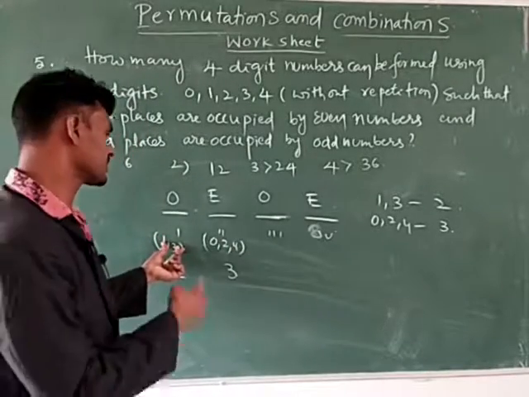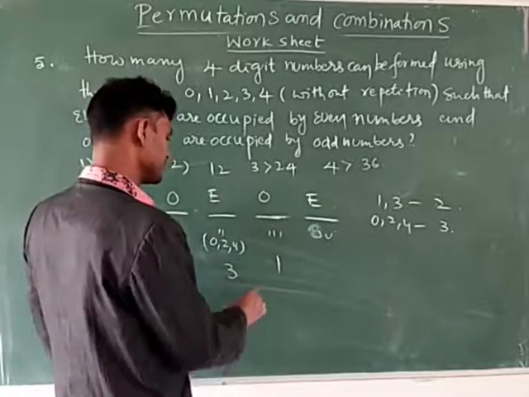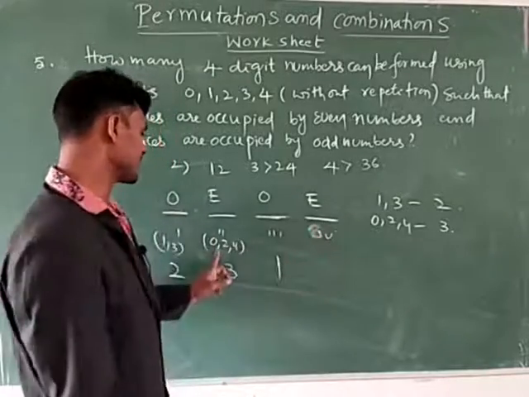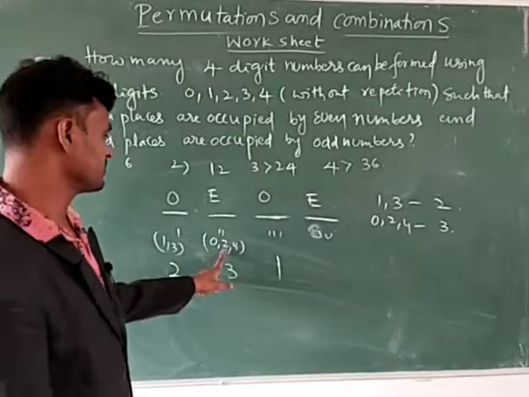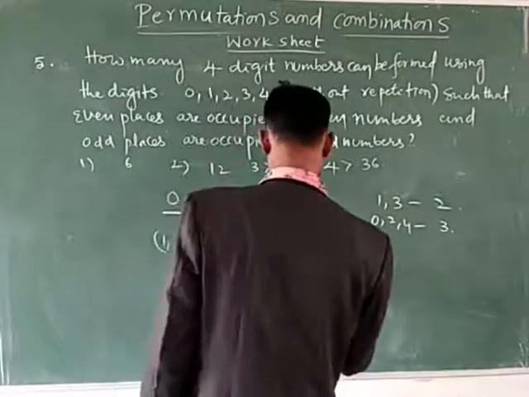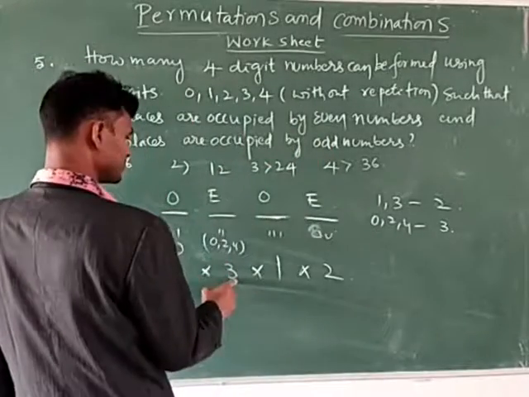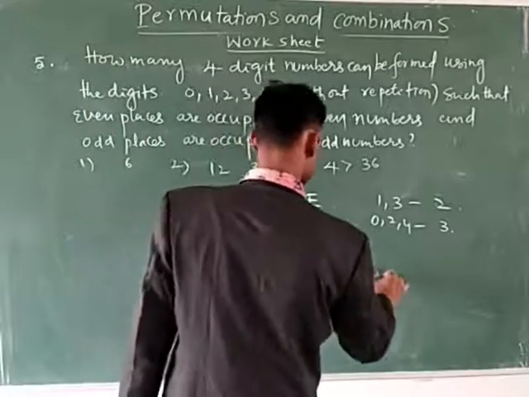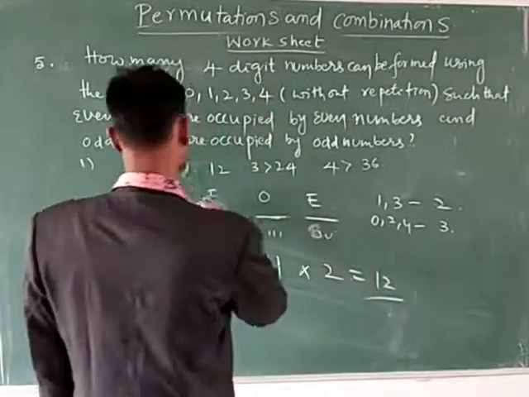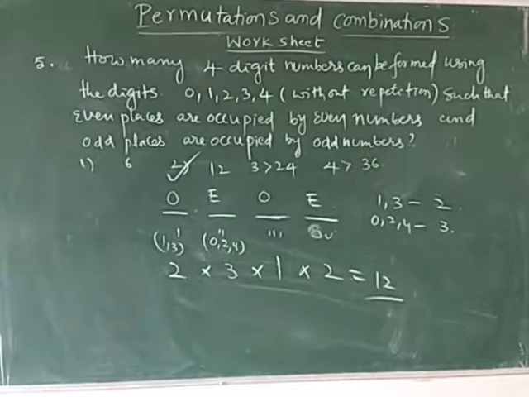Here one odd number you have to fix. Thereafter, how many odd numbers are there? Only 1 is remaining. This is one way. Next, even numbers, already 3 numbers, 1 number you have to fix, so remaining 2 numbers are there. Now total is 2 into 3 is 6, 6 twos are 12. Our answer is 12. Note down.